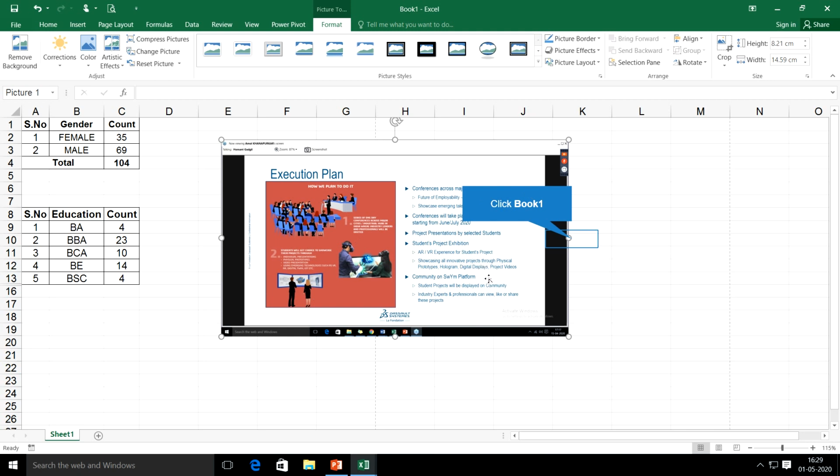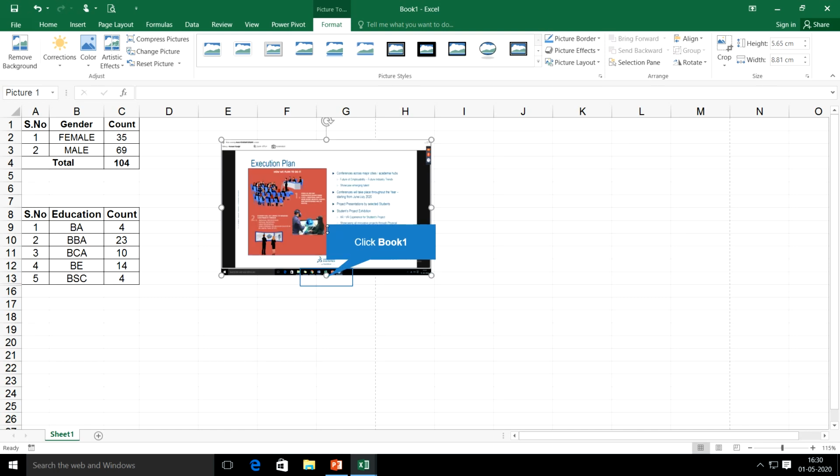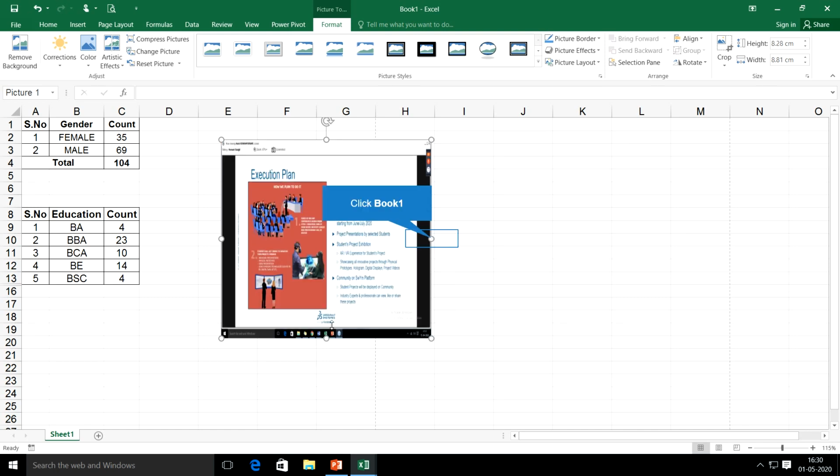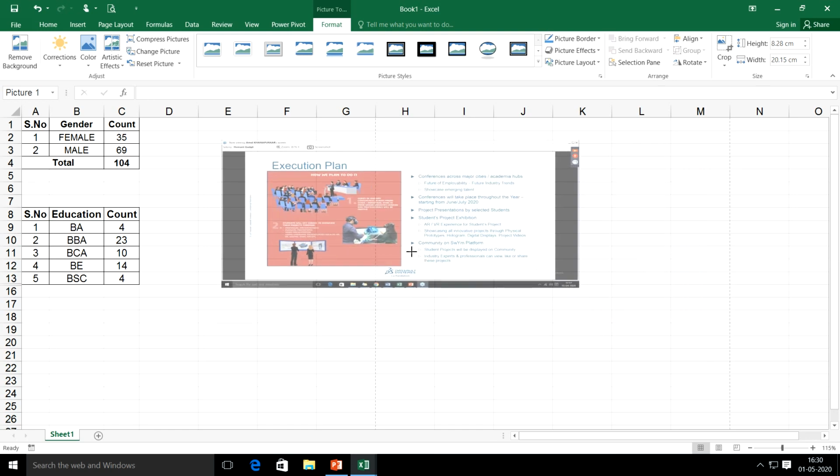where I can resize this image as per my desire. Okay, so to resize the image, many people will pull one corner and another corner and they will spend more time on that. So instead of that, what I suggest is you can keep the cursor on the bottom end where you get a double-headed arrow. This double-headed arrow will help you to resize the image as per your requirement.